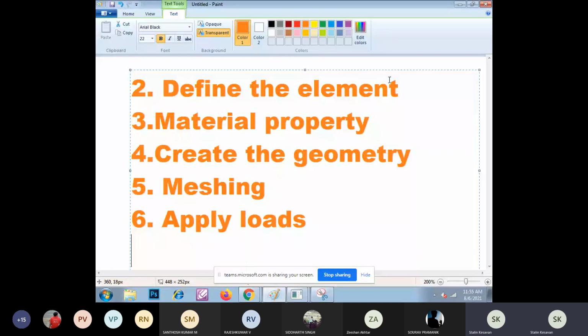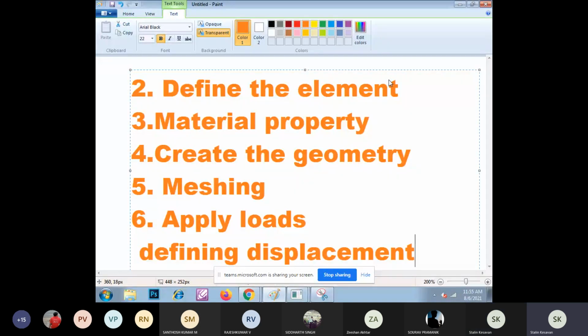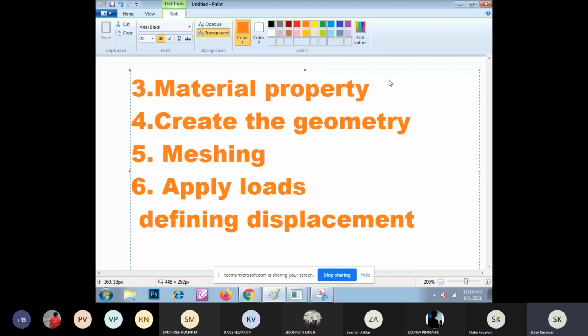One is defining displacement, that is, arresting the necessary degrees of freedom, and the second step is applying load. So the load may be in terms of pressure, in terms of force, like that. So that is the sixth step.